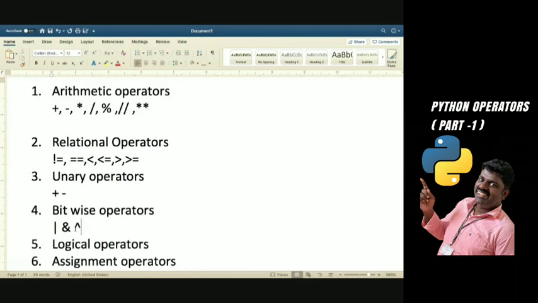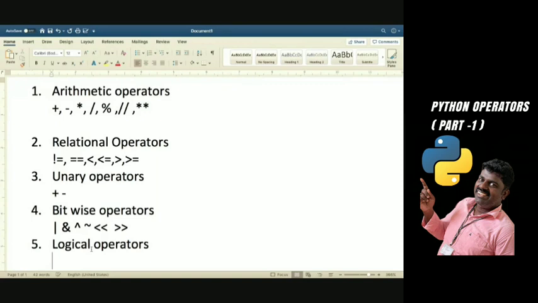Then a negation, for which we use the tilde symbol. Then this is for left shift and this is for right shift. We will see one after another how these operations work.